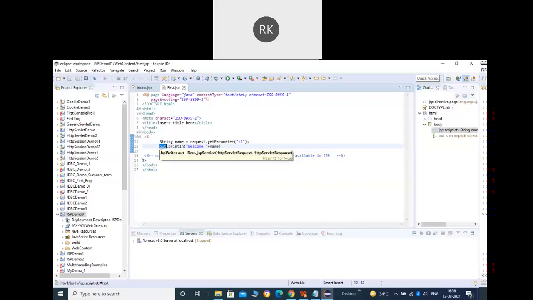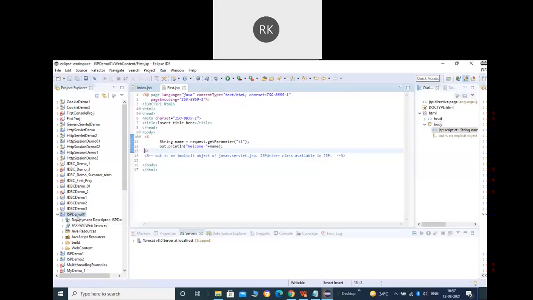But here in the case of JSP, all such things are already defined there. We can say these are the predefined objects. So out is a predefined object that has already been defined in the JSP. So we can use it directly, without creating the object, and say out.println. But remember here, the out belongs to the JspWriter, not the PrintWriter. And in that way, whenever we require the servlet config, servlet context, HTTP session, cookies, everything is predefined here. We can directly use it without creating the objects.